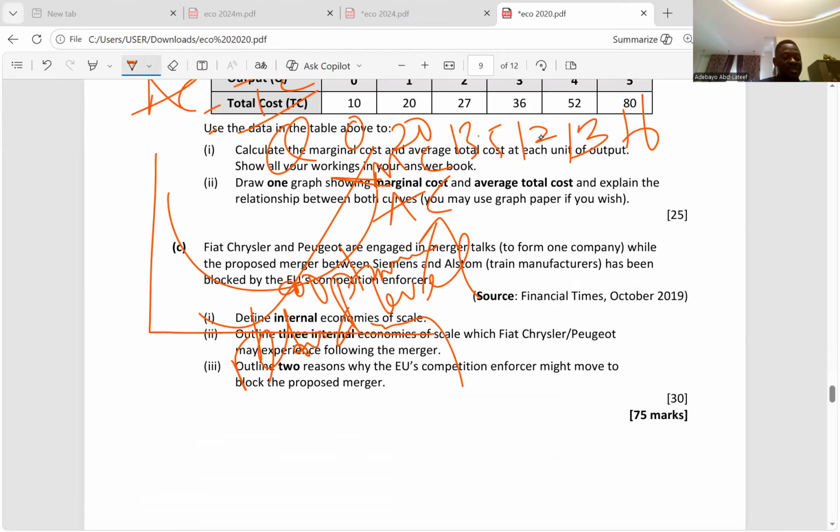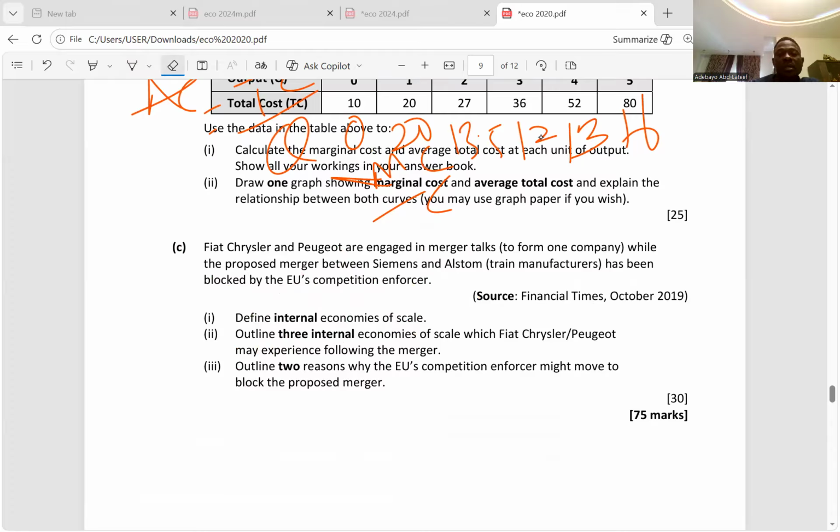So I move on again. So we go to question 1B. Now we have question 1C, right here. So for question 1C, now I'm going to read and explain. Fiat, Chrysler, and Peugeot are engaged in merger talks to form one company, while the proposed merger between Siemens and Alstom train manufacturer has been blocked by the EU's competition enforcer. Define internal